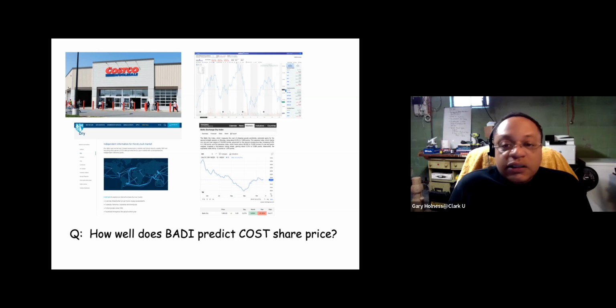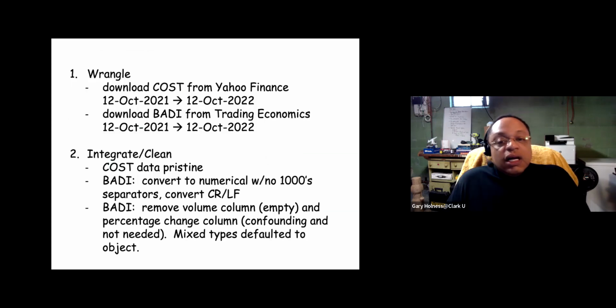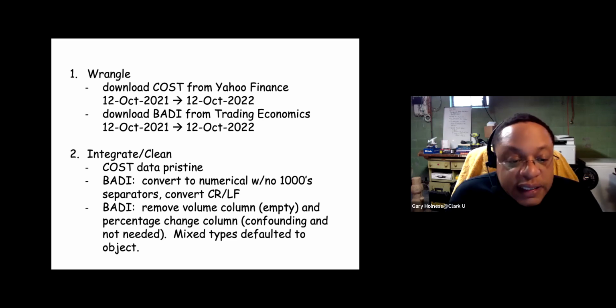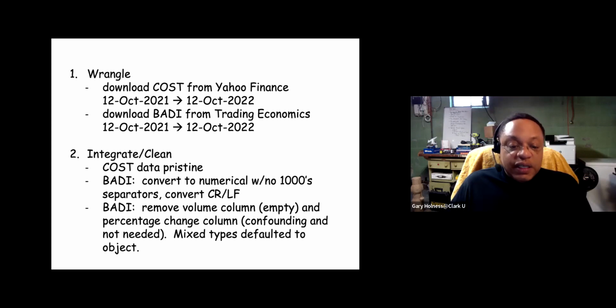Does that make sense? Any questions? No? All right. So we had data for 1 year's worth of reporting from October 2021 to 2022. And so we downloaded this, we clean it, and we remove the blemishes. So we perform the usual data cleaning, and that includes issues with the data as well as entries, making a decision about what you're going to do for entries that might be not a number.